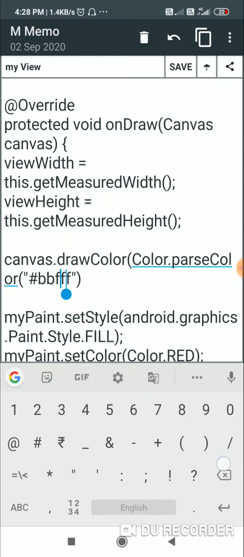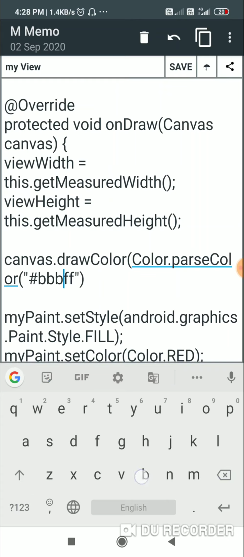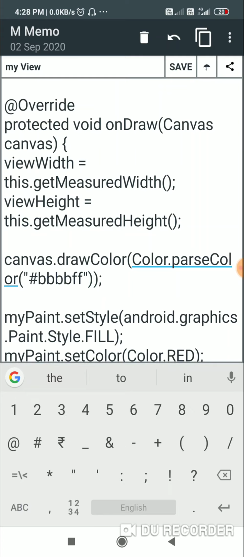I'll just make it double B. This will be the color, and now I close it using the closing bracket. So this will draw this color as the background of the canvas.